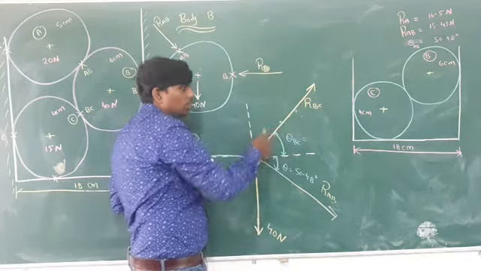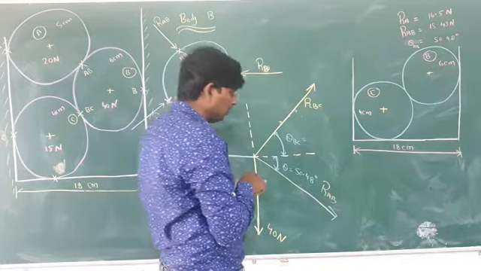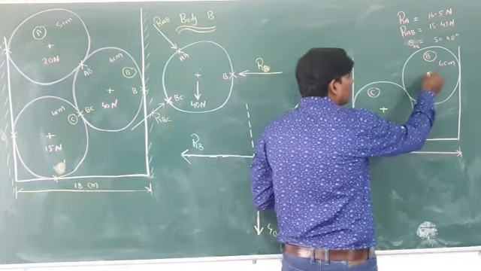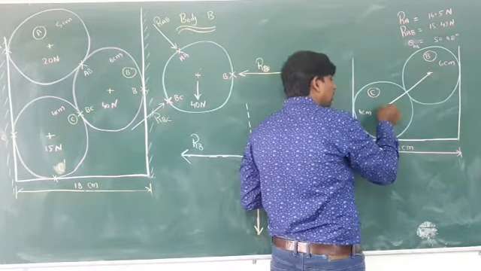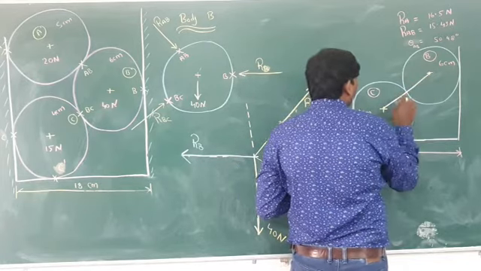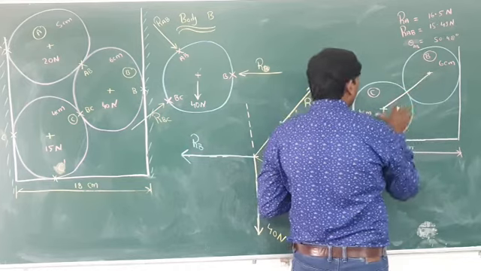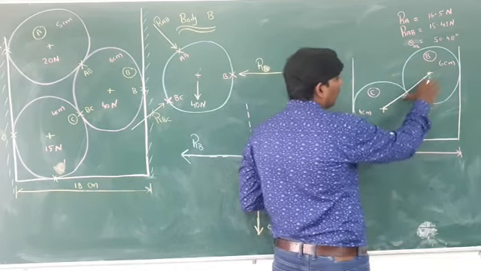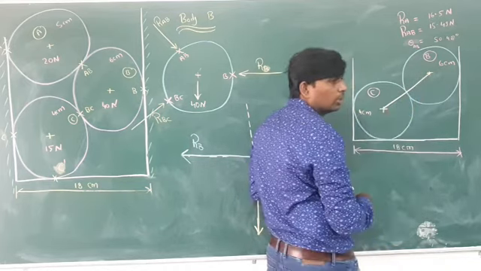What is the angle of BC? For finding the angle of BC, you have to take this one as the angle of BC. So I can write here, this is the 4 and this one is the 6. So totally it is 10.